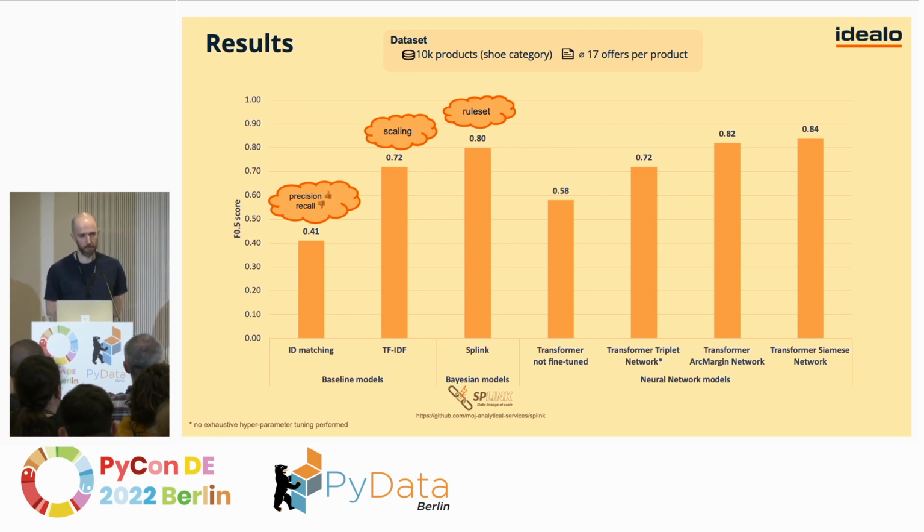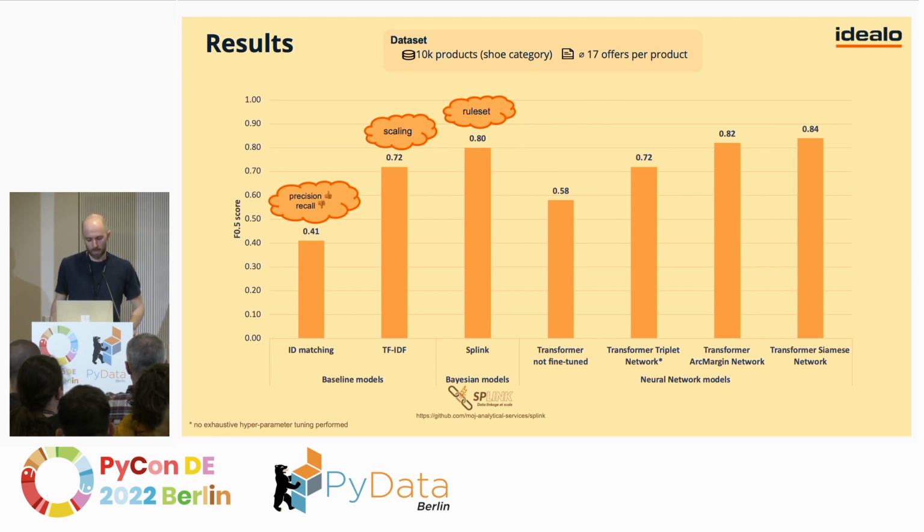When we fine-tuned this transformer model with a triplet network on our offer data, we were able to increase this to about 0.72 F0.5 score. There's a little star here. We didn't do a crazy amount of hyperparameter tuning on this triplet network approach, so probably we could squeeze out some performance there. But it was still quite far off from these other approaches, so we didn't invest too much